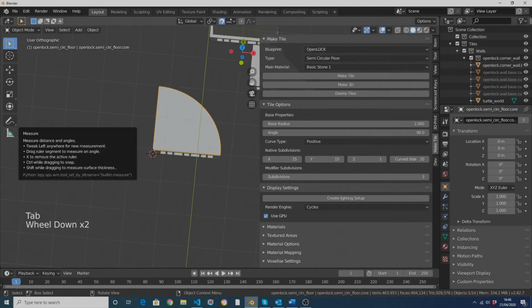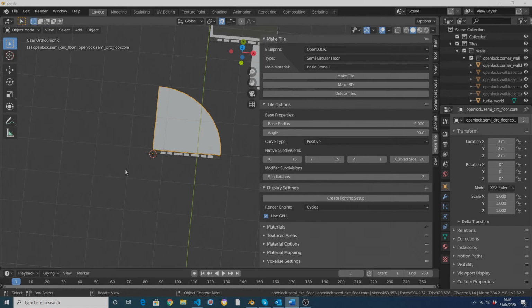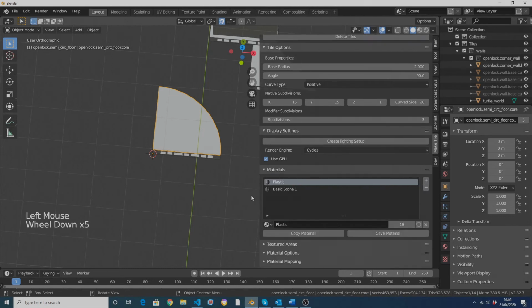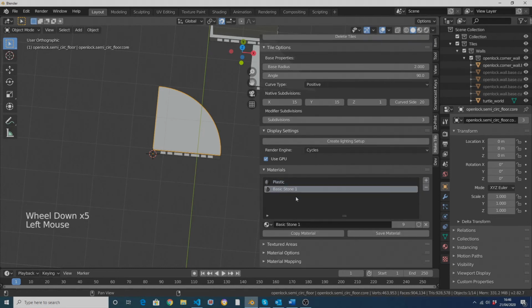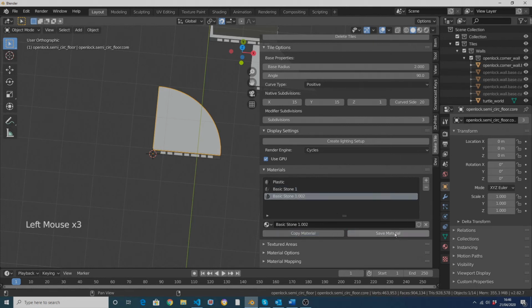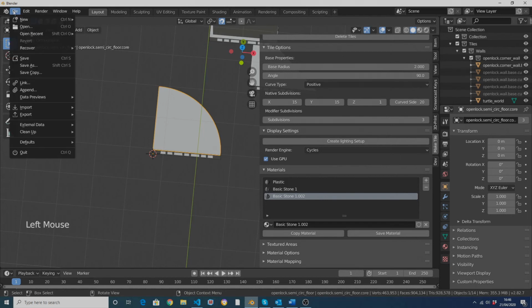Okay, so that's all the performance stuff. So the last major thing which I've updated is, previously, if you'd tweak the material, you could sort of copy your material and then you could save it, and this saves that material out to an external Blender library file, so it's available every time you start Blender up, and you don't have to start from the same file. So if I create a new file,